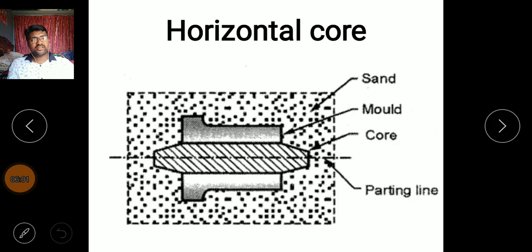Next, it is the representation of horizontal core in diagram. Observe the horizontal lines; it is known as core, and it is mold, and it is molding sand, and it is drag box, and it is cope box. First we have to place the pattern. Before placing the pattern, we have to place the core. It is about the horizontal core.